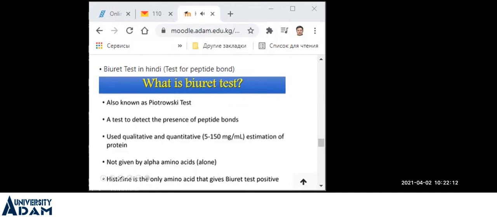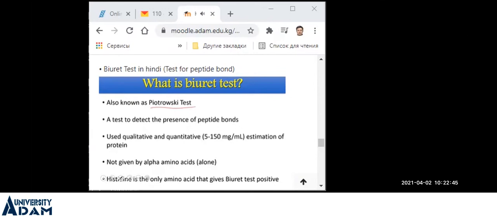इस बाइयूरेट टेस्ट का अल्टरनेट नेम है, एक दूसरा नाम है जिसको हम बोलते हैं पेट्रोवस्की टेस्ट। इस टेस्ट से हम डिटेक्ट करते हैं प्रेजेंस ऑफ पेप्टाइड बॉन्ड्स। तो अगर अमीनो एसिड्स जुड़े होते हैं पेप्टाइड बॉन्ड्स के साथ तभी ये टेस्ट पॉजिटिव रिएक्शन देता है, अदरवाइज ये टेस्ट नेगेटिव देता है। इस टेस्ट को हम यूज करते हैं दो तरह से, क्वालिटेटिव टेस्ट के लिए भी और क्वांटिटेटिव टेस्ट के लिए। क्वालिटेटिव टेस्ट मीन्स जस्ट टू पता लगाने के लिए कि प्रोटीन्स हैं, पेप्टाइड बॉन्ड्स हैं या नहीं हैं।